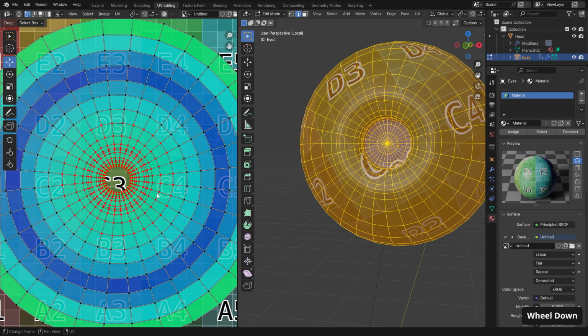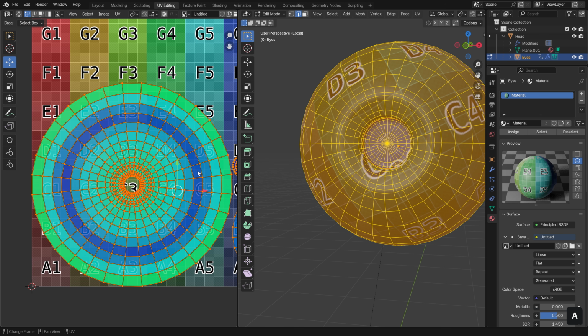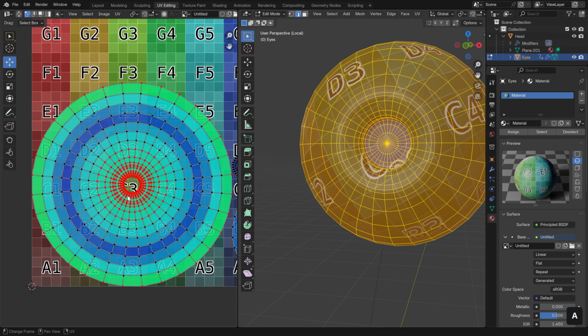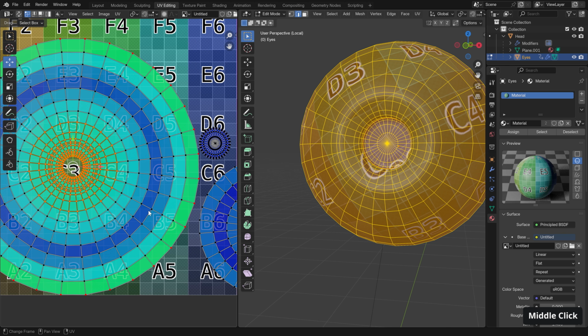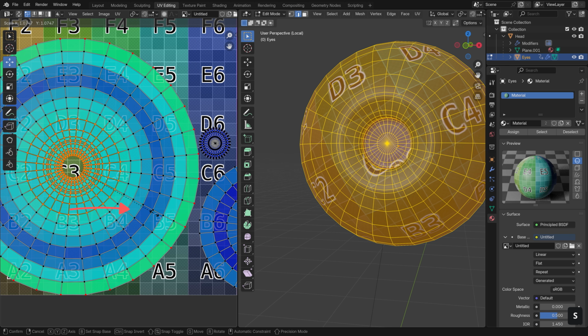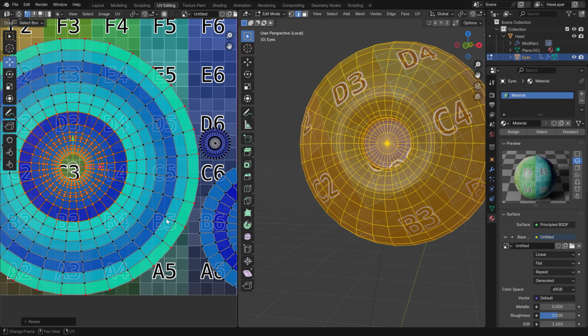And now with this pinned here, let's zoom out and select this loop on the outside. Let's pin this as well. And now we can easily make adjustments to the UVs with the proportions by simply selecting the iris section here and scaling this up. So now if I scale this, you can see it automatically adjusts the other loops. And if we look at our 3D editor, you can also see we're now adjusting the proportion of resolution our